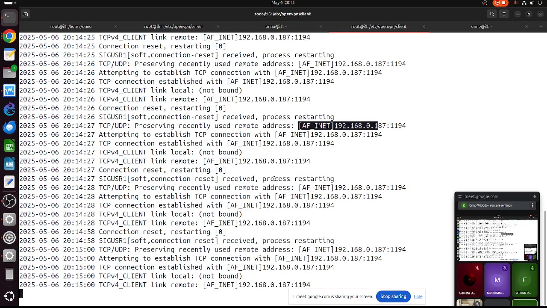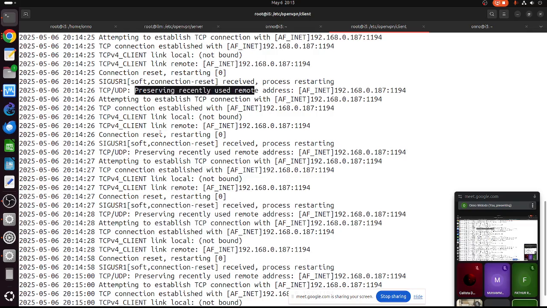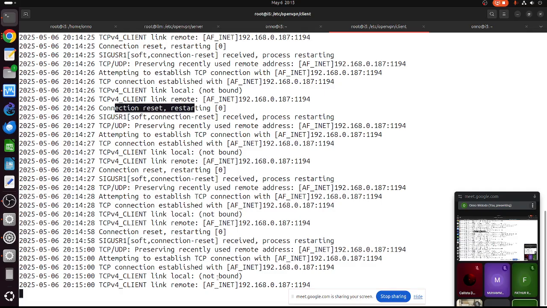Attempting to make connection to this port. Connection reset. Wow. Okay, we are unable. Maybe it's blocked by some firewall. I don't know, but it's unable to connect, and every time it keeps restarting. So we are in trouble. Anyway, sorry it doesn't work, but at least you get some idea